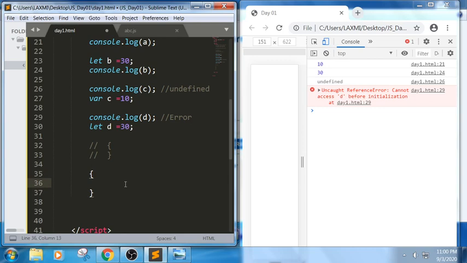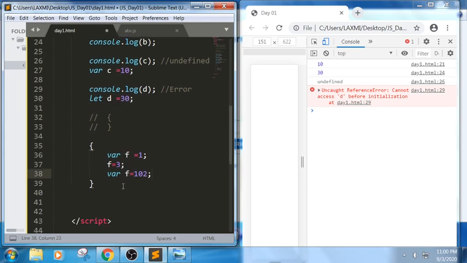See, as I have told, it is a block of snippet where I am trying to use var f equal to 1, f equal to 3, and I am trying to declare it. Again I am trying to declare as 1 or 2 in the block of code.